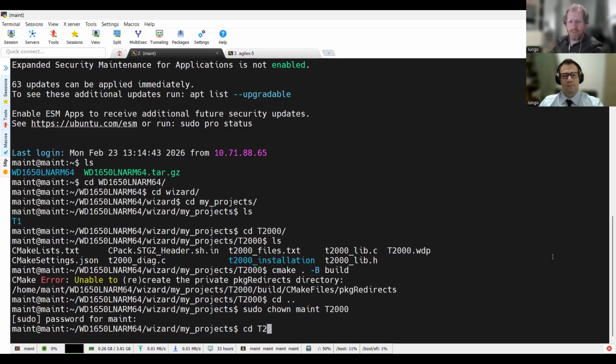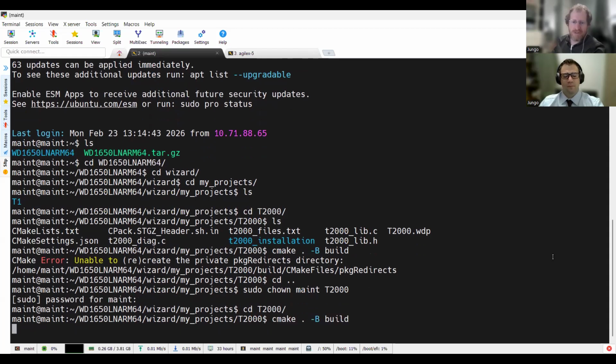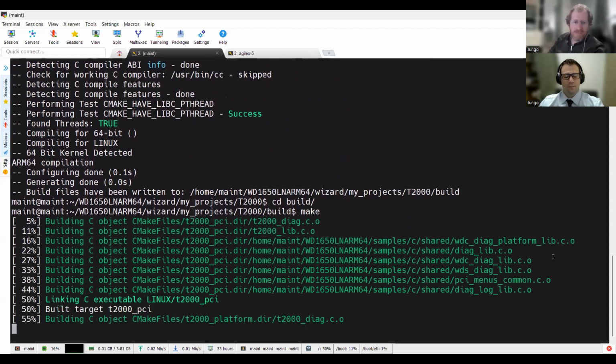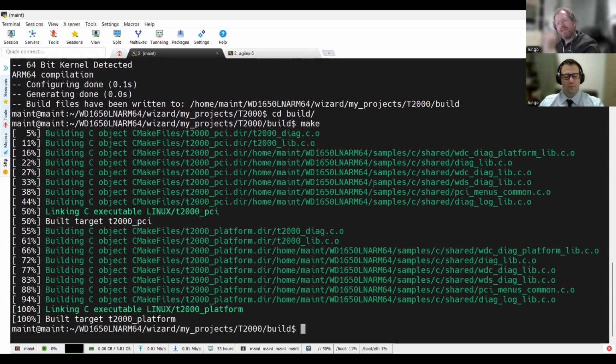Now we'll be able to run the exact same command. There we go.